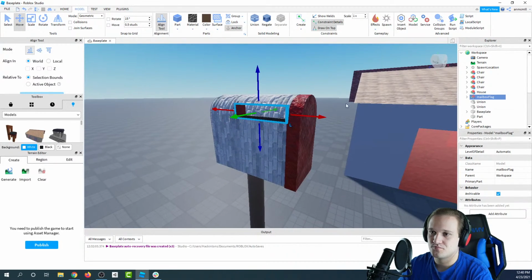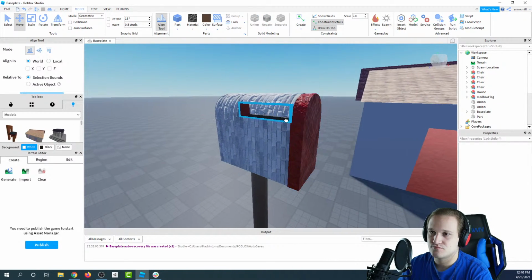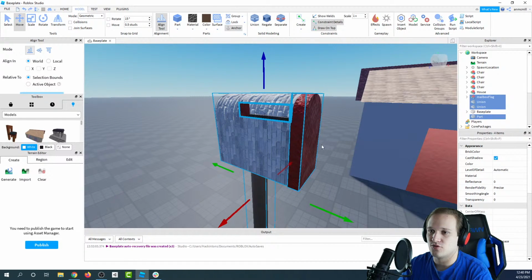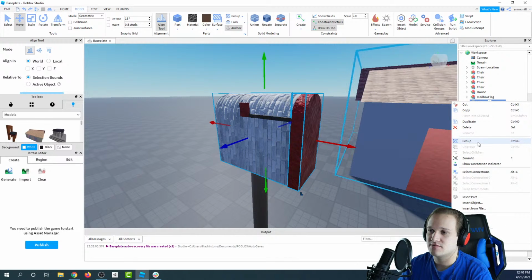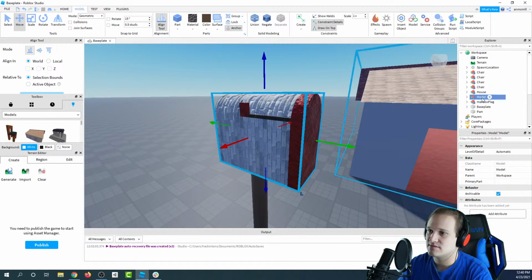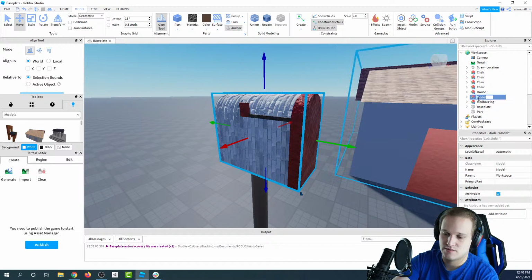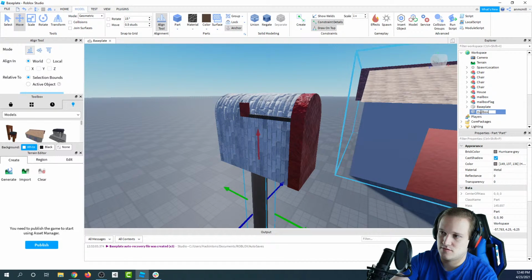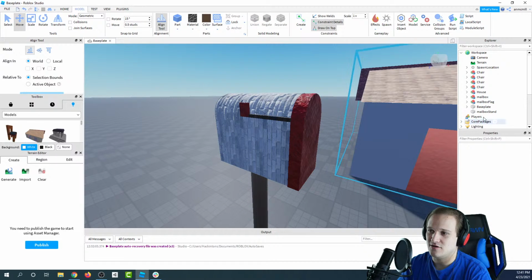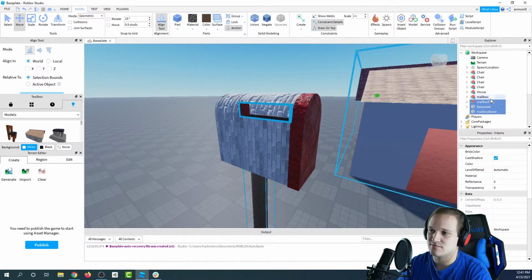There we go. Let's group these together. This is the mailbox itself. And then we have our mailbox stand. Okay. And then we're going to take all of our parts, mailbox stand,